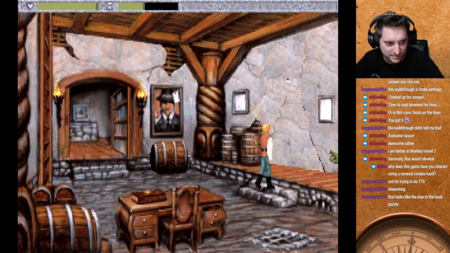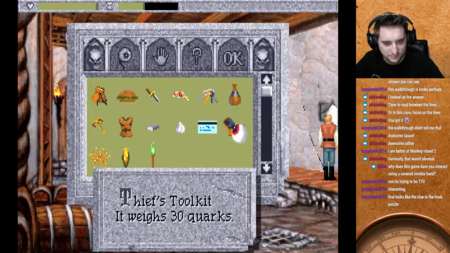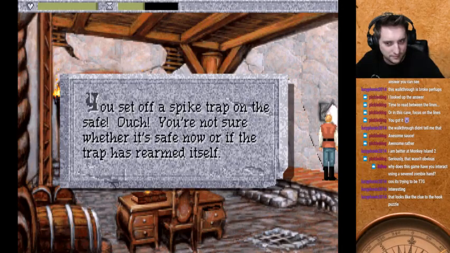Well, let's try this safe. That's the thieves' tools, surely? Yeah. You set off a spike trap on the safe. Ouch! You're not sure whether it's safe now or...